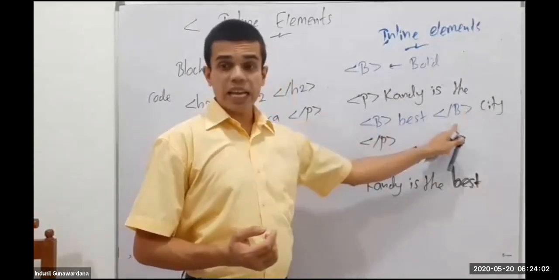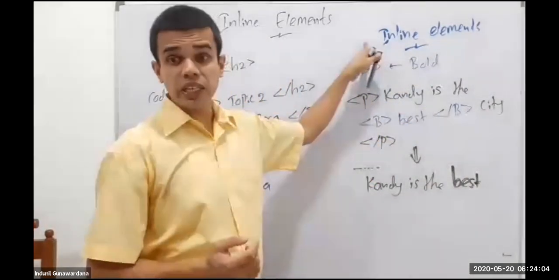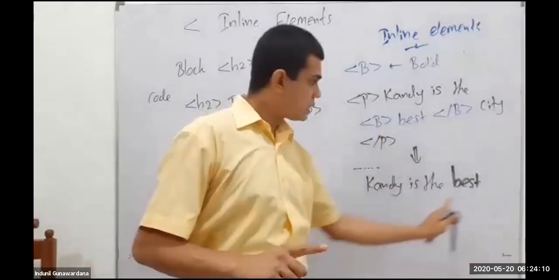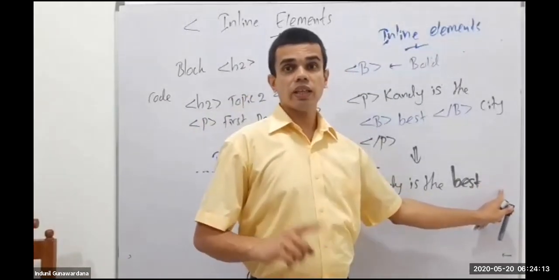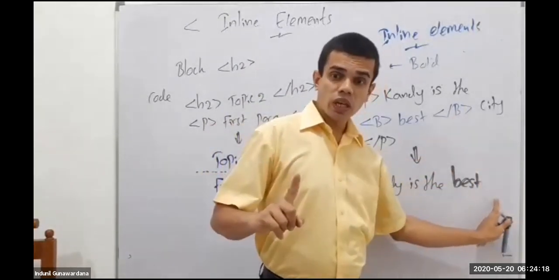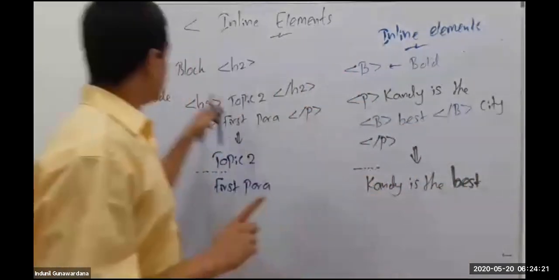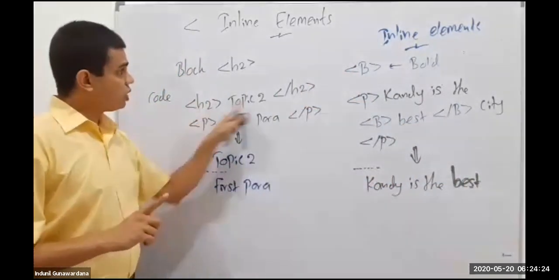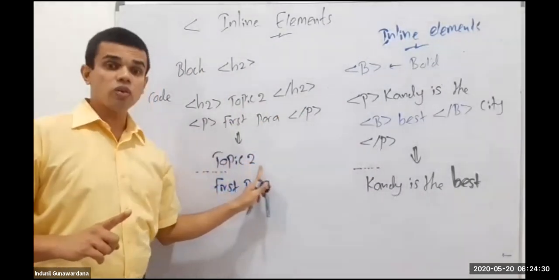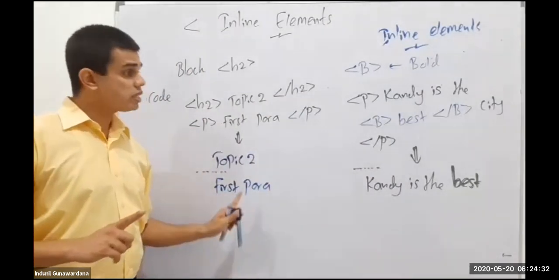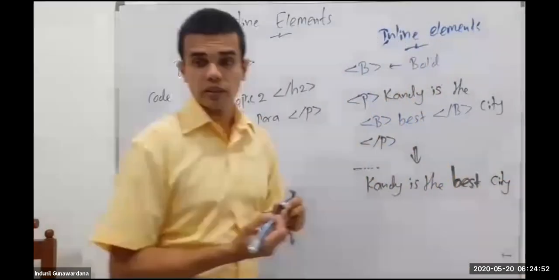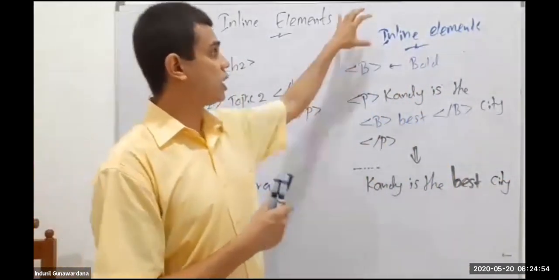Since the B tag, bold tag, is an inline element, the text city, is that going into the next line or is that continuing to the same line? That's the point. Once you close the inline element, output will be continued along with the same line. But in the block element, what was the story? When you finish H2, we don't start the first word on the same line. It goes to the next line automatically. This is the main change. And then we have the next one called city going into the same line. I think you got the idea what inline elements are.